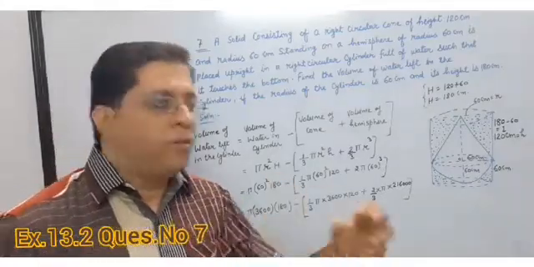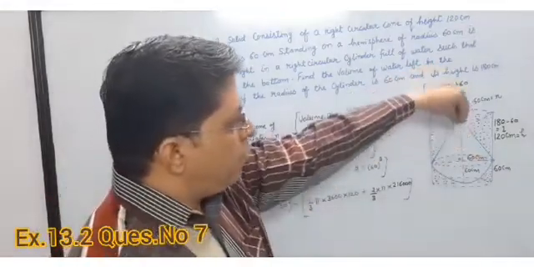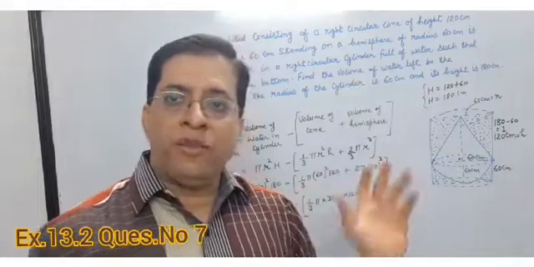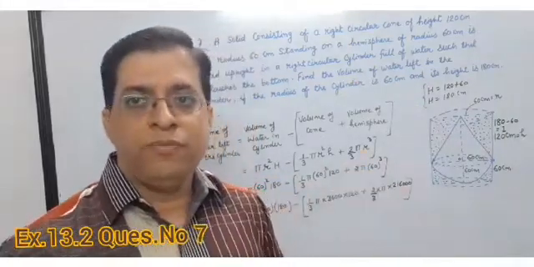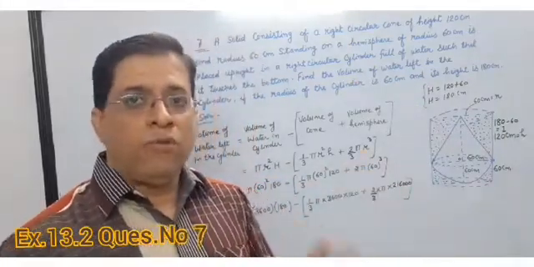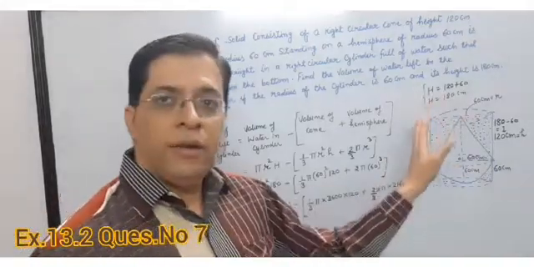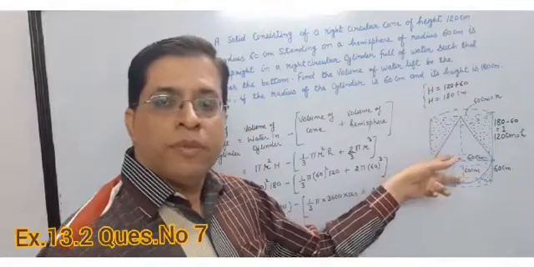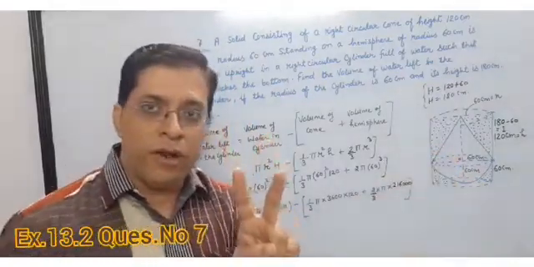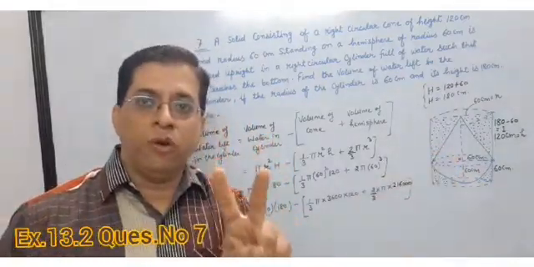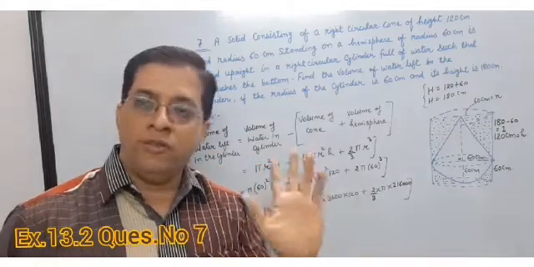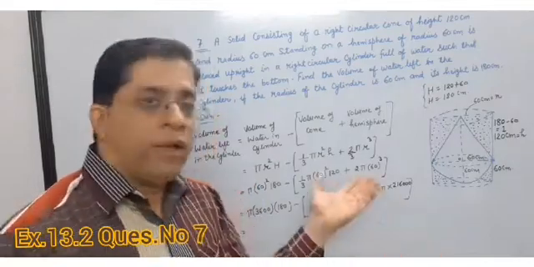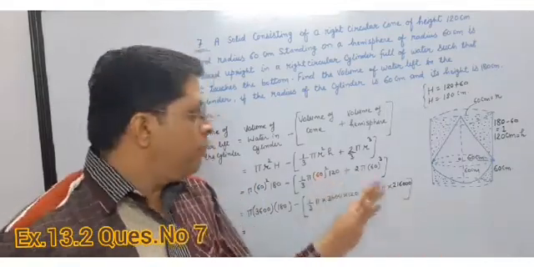So this solid you are immersing in water. When you immerse it, some water comes out. And what they are asking is how much water is left. So what to do? You have to find the volume of the cylinder and you have to subtract the volume of this solid. And this solid, already I told you, is made by two solids, one is a hemisphere and one is a cone. Okay, so you have to subtract it. Take out its volume and subtract it.